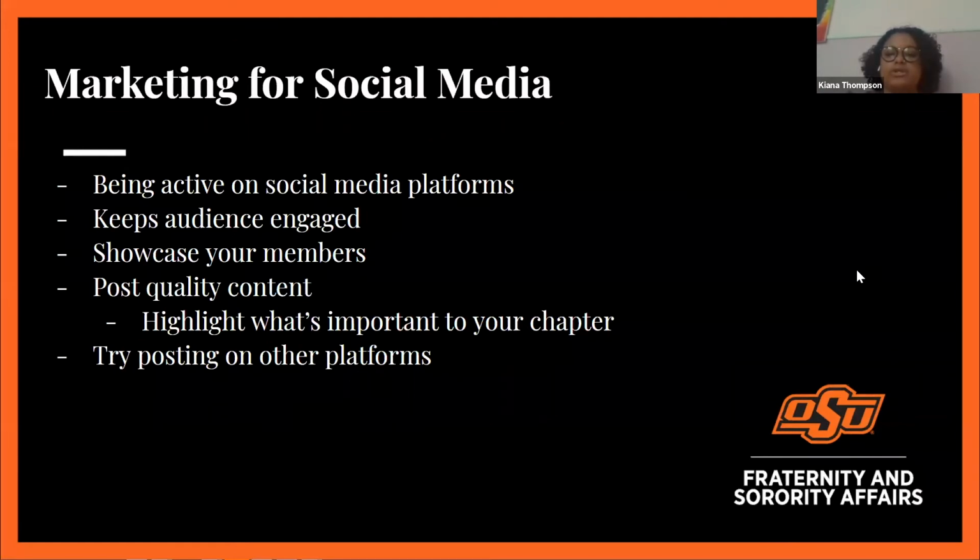Try to post on as many platforms that are more relevant and popular at the time. So obviously your big ones, Twitter, Instagram, Facebook are great ways to reach out to different audiences. And also just try stepping out of posting just photos. Maybe venturing into videos or boomerangs or infographics could be a good way to target audiences and keep them engaged, as well as providing a fun way to provide information for our audiences.